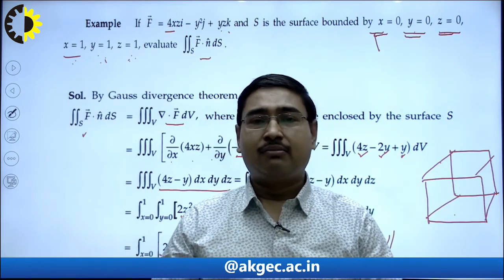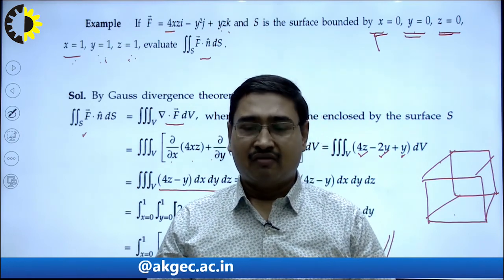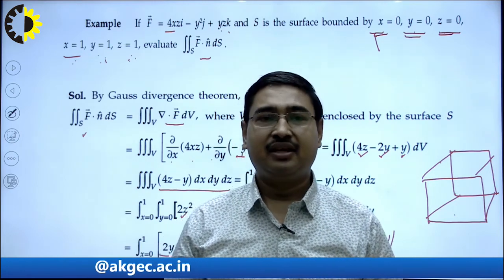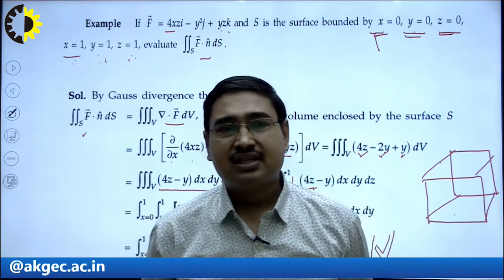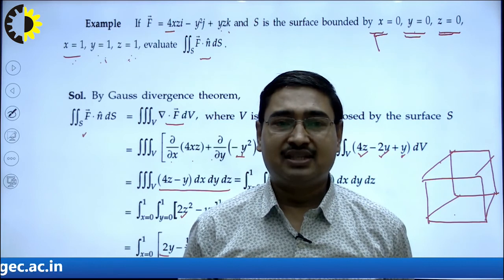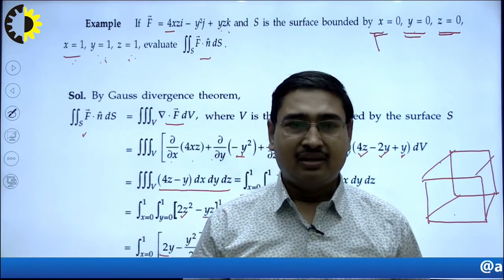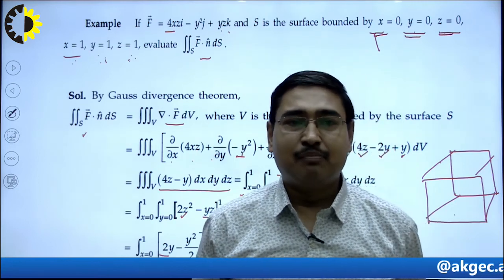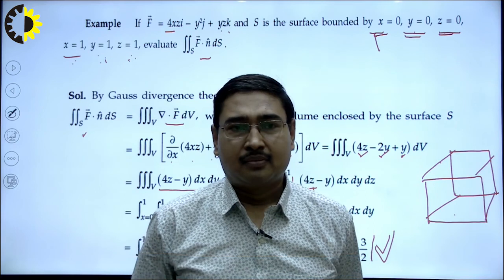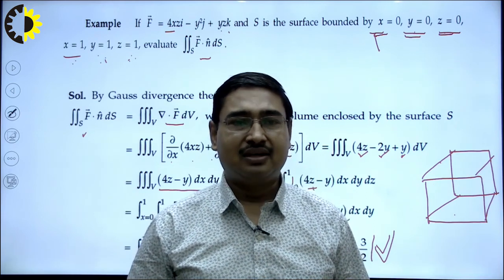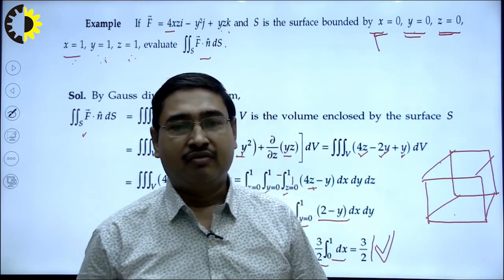Thus today we have understood what a surface integral is and how to calculate it. Then we learnt the Gauss divergence theorem, which gives an alternate method to find a surface integral over a specific type of surface, and then we discussed examples to understand the Gauss divergence theorem. In the next lecture we will study Stokes theorem, which will be the last topic of this module.